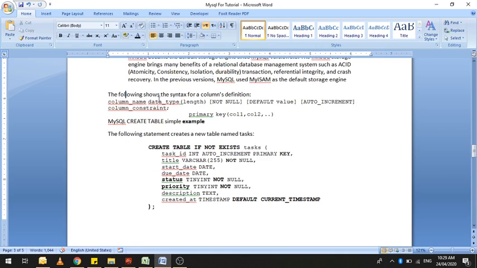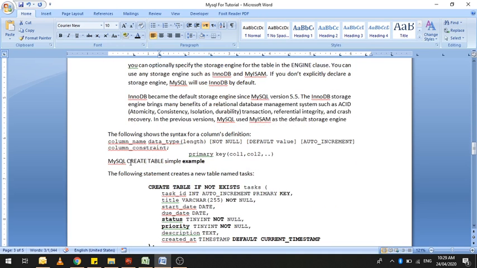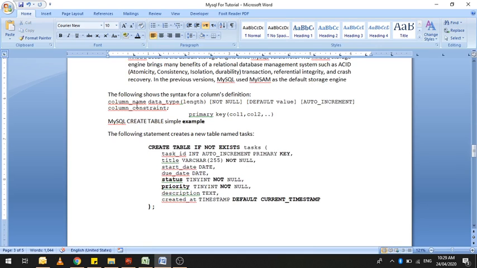The following shows the syntax for the column definition. The columns which will be defined in the column section are the fields of the table. So we will see its ingredients one by one. Column name, the name that specifies the name of the column or field.